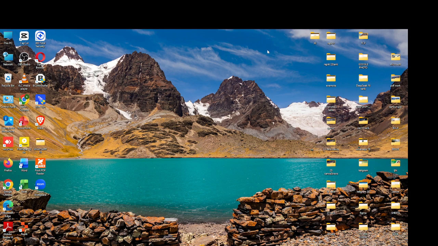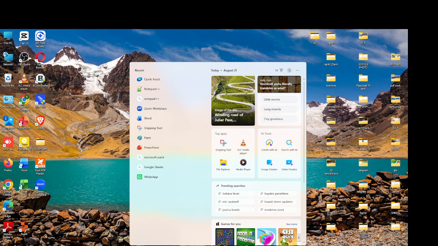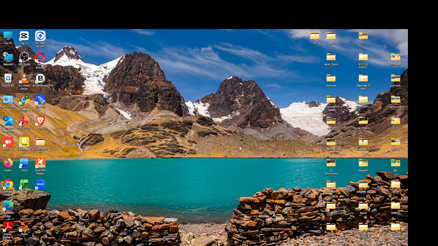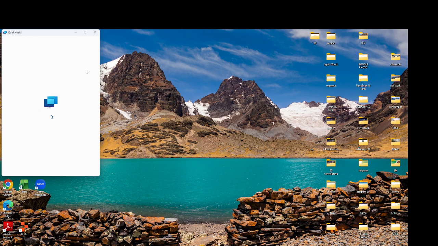In today's video, I'll show you how to fix Quick Assist when it is not working properly on Windows 11. First, click on the Start button and search for Quick Assist. Now open Quick Assist. If Quick Assist opens normally, you can still follow these troubleshooting steps to make sure the